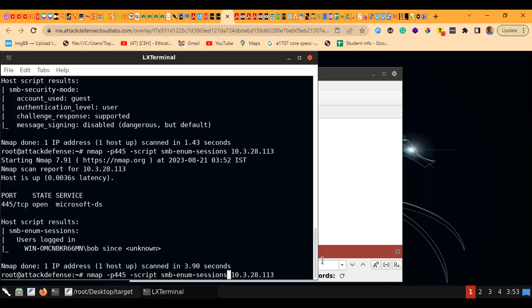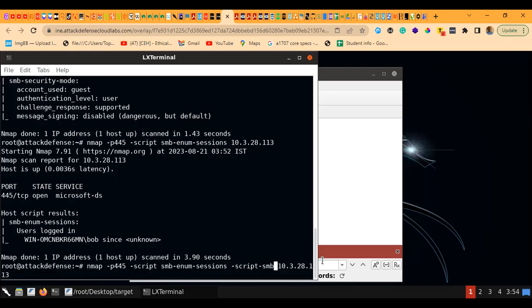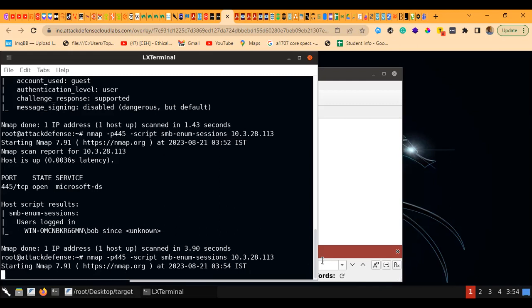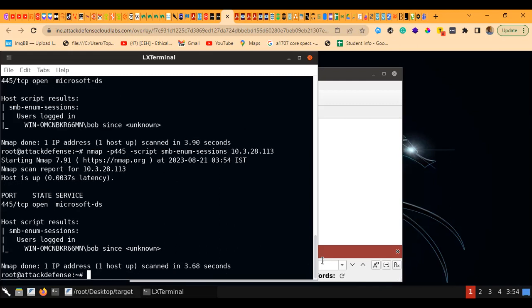We have Bob on the list. So let's add the argument. We have script, SMB. Oh, sorry, we've not actually got... found out the sections we will be having. We have already, sorry. Yeah, we have done it. We just kind of skipped ahead at that moment, sorry. So let's keep going. We need to add some arguments to our script to be able to get more information on our target